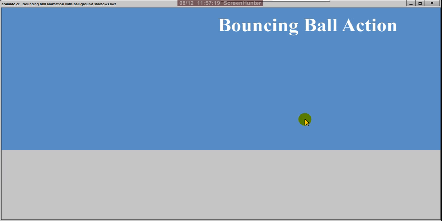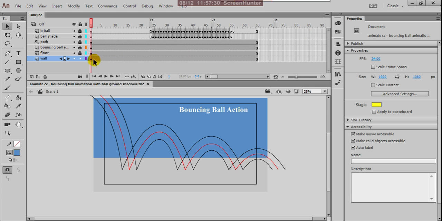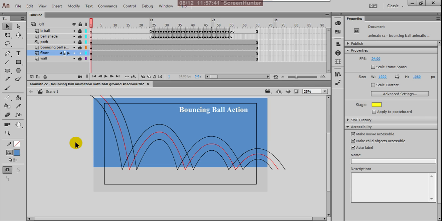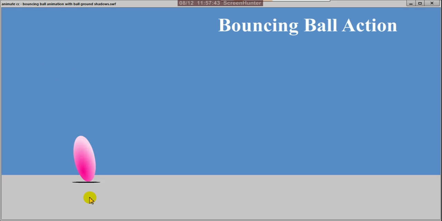Let us check. Yes, yes. This is good, but the floor length a bit decreasing. Now let us check. Control enter. Yes, this is nice. The more space it is creating.